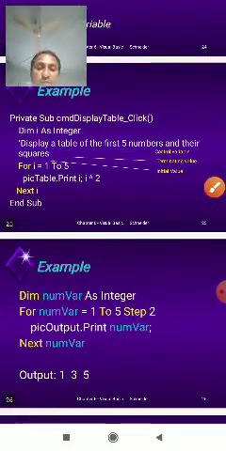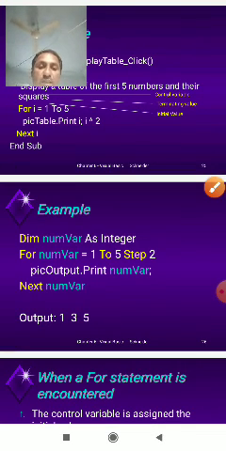Next we have to give the step in the output.